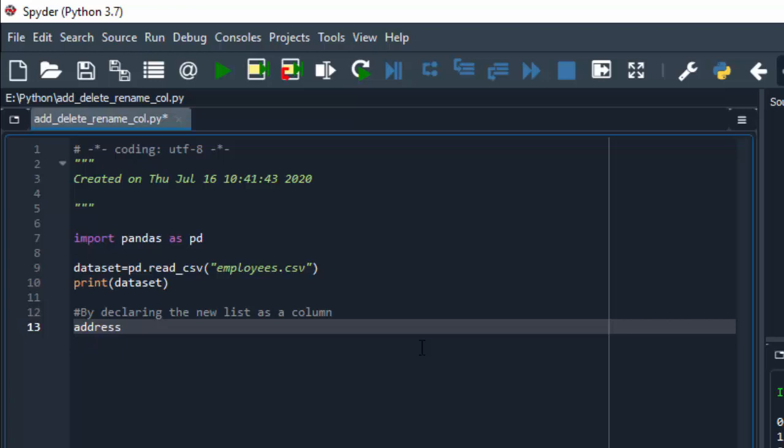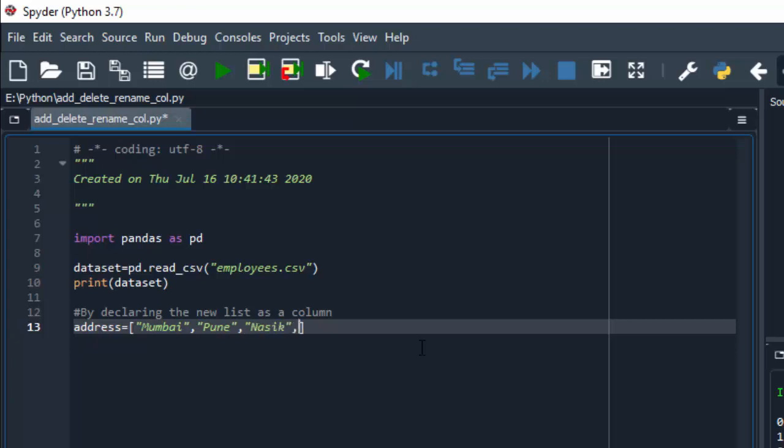For that I have taken one variable, that is address, equals to, now take one list. As we already know, in Python the lists are specified in square brackets, so I have mentioned the square brackets over here. This list contains the values, and these values are separated by comma.